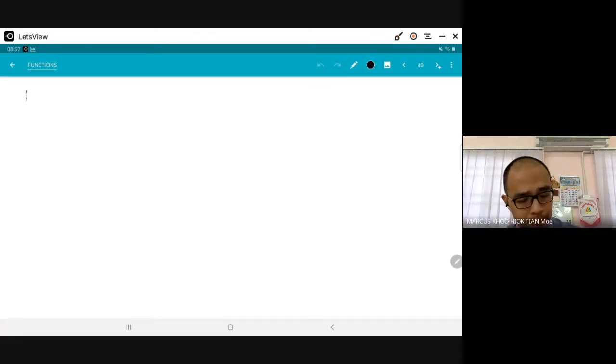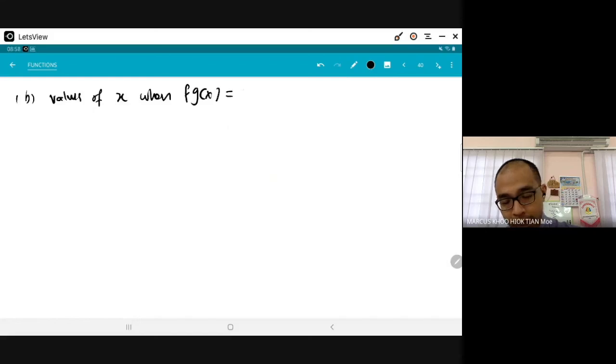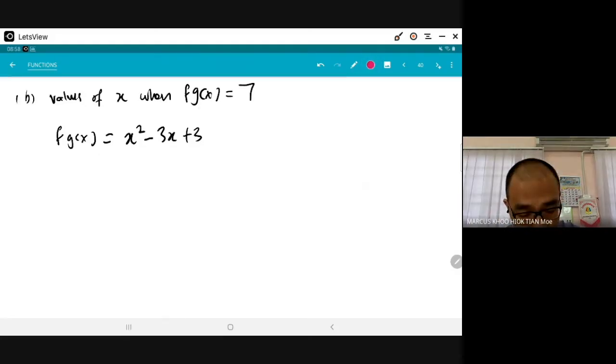Soalan B, dia cakap, the values of x when fg(x) equals to 7. Okay, so daripada example A, dia sudah bagi kamu bahawa fg(x) equals to x squared minus 3x plus 3. Okay, now let's recap all this. Objek kita adalah x. This whole thing is the image. Dan juga ini adalah kita punya image akhir. So basically what they are telling you is that kalau fg(x) sama dengan 7 dan fg(x) adalah x squared minus 3x plus 3,